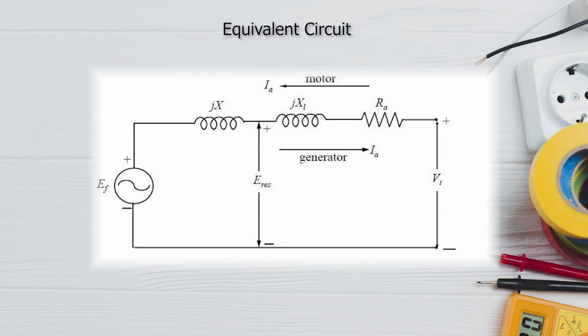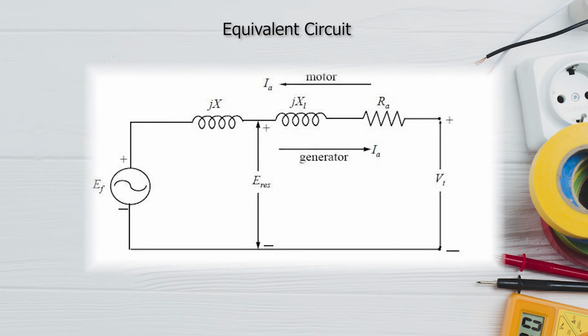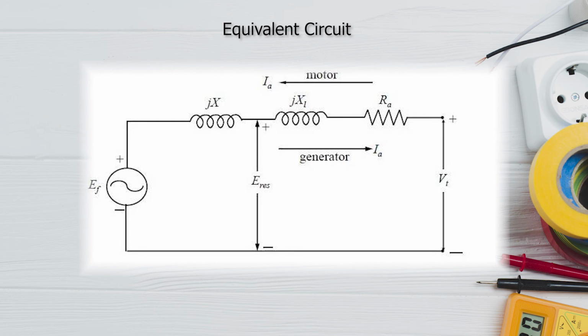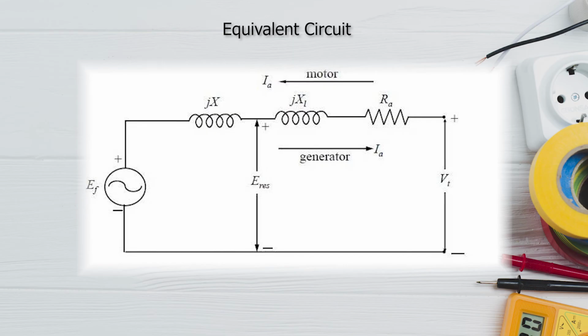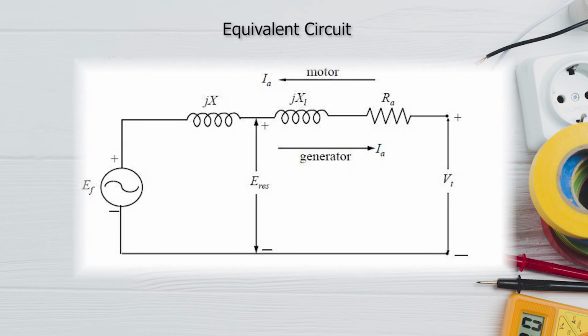So obviously these three factors will lead to some voltage drop, and you can see if the current is flowing in the direction shown here, clockwise direction, then this terminal voltage Vt will be slightly less than the generated EMF. I am talking about this in terms of the generator. When you are operating the machine as a motor, then the direction of armature current will reverse. In that case, you are receiving the AC power in the stator, and you will produce the mechanical power out